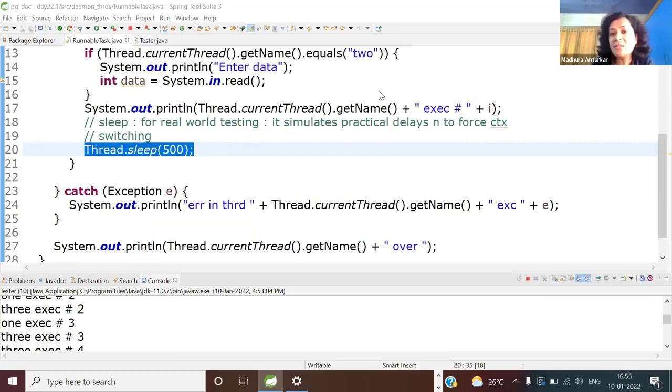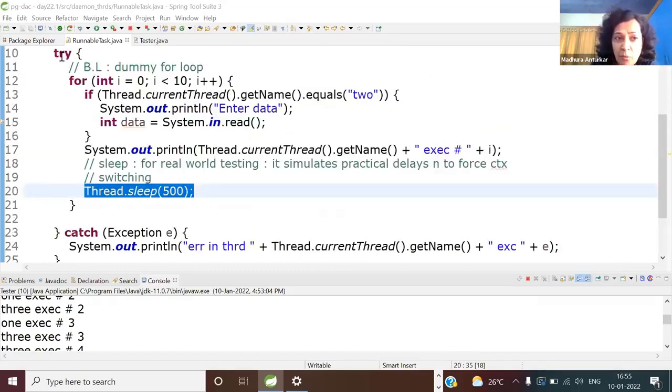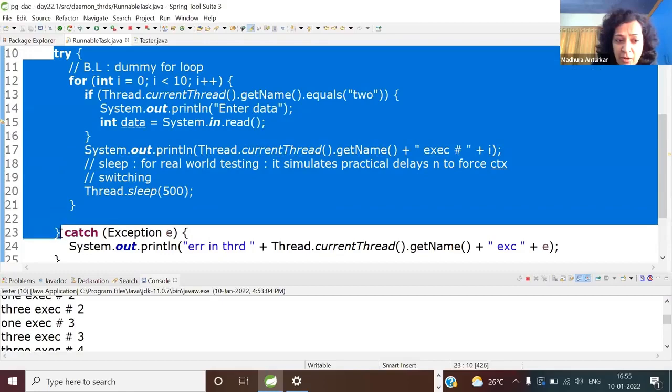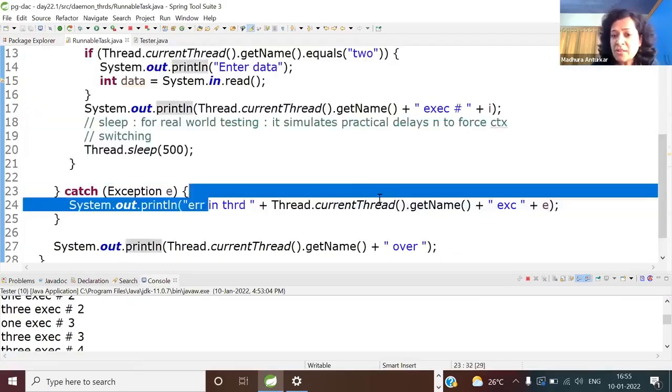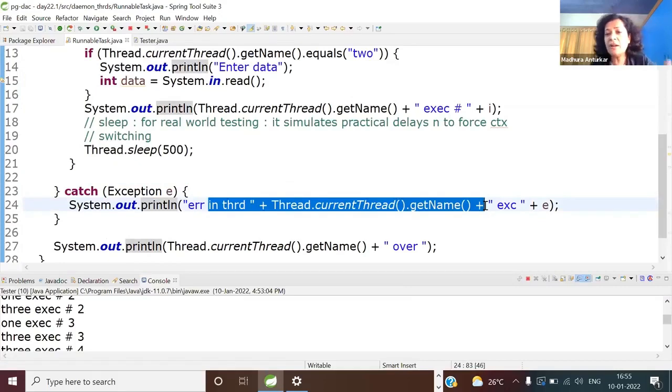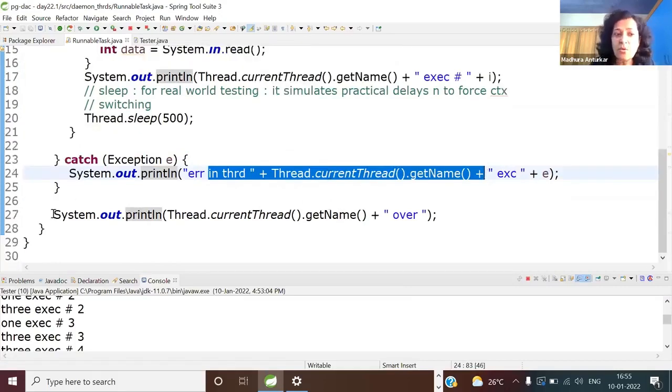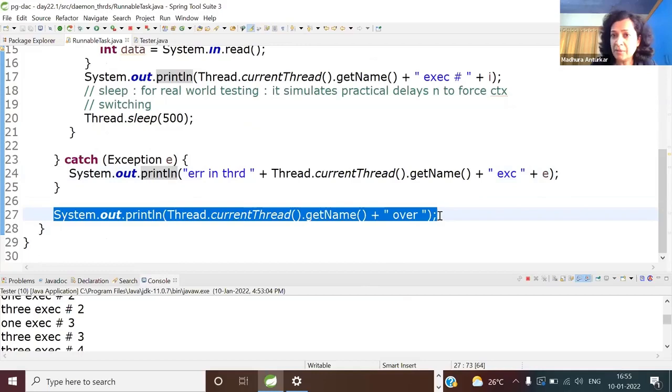People can ask us so many questions with 2-liner code. So now it will get that earlier sent pending interrupted exception. And the moment you get an interrupted exception, you all know the try block gets aborted and control comes to the catch. So you'll see the error in thread 2 and all that. And after that, there's no code, so T2 will get over.